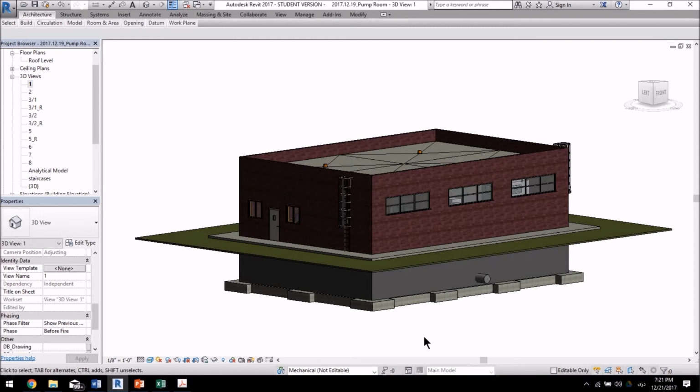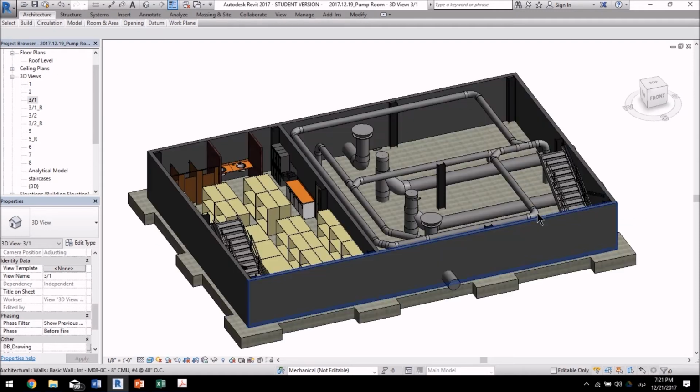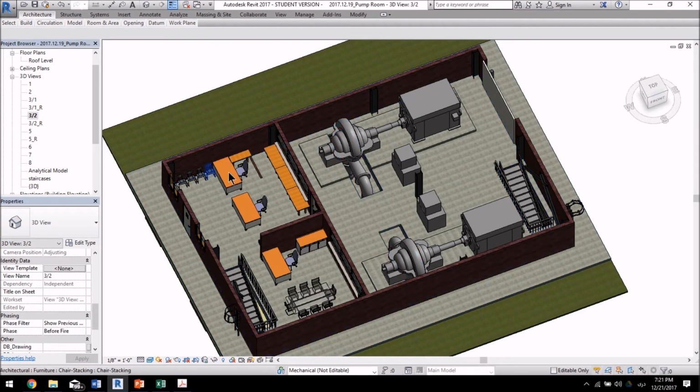The pump station building is a two-story building including a basement and the ground floor. This green plane represents the ground level. On the basement, we have two separate areas. This one, the storage room, and the place where the fire incident occurred. This one is the pipe room. And on the ground floor, we have the office area. And next to the office area, we have the pump room and where the two pumps were operating at the